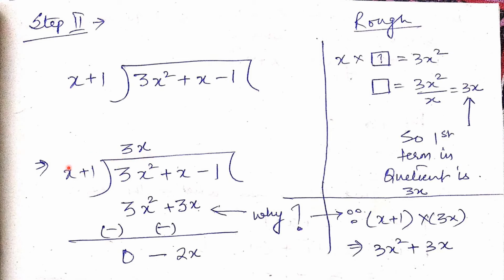So just see, x into 3x will give you 3x square. Now we have all seen simple multiplication of polynomials. You can't just multiply this and this. You have to multiply 1 also with 3x. So 1 into 3x will give you 3x. I have written it below this. You can see the same degrees are coming one below the other.